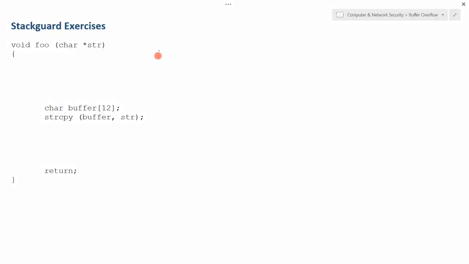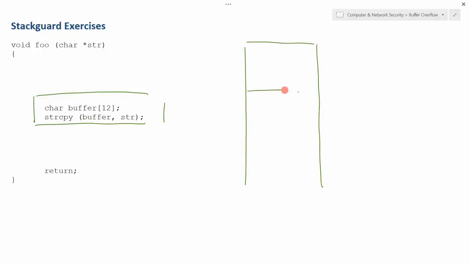So here, this is actually the function, and this is the memory bar, the string copy. We would like to be able to detect buffer overflow. So we know there's a return address here, which is something we want to protect, and we know the buffer is here. We know when you overflow this.